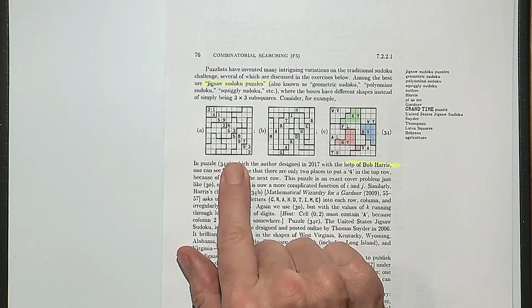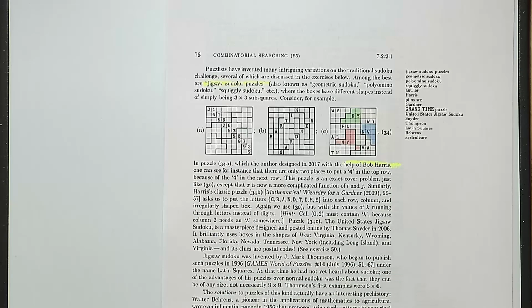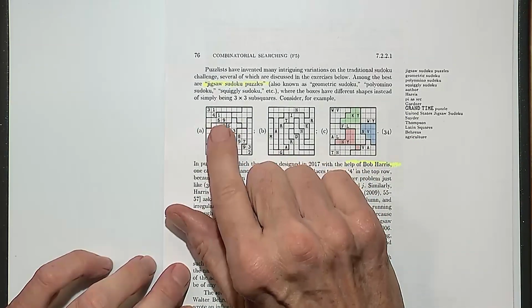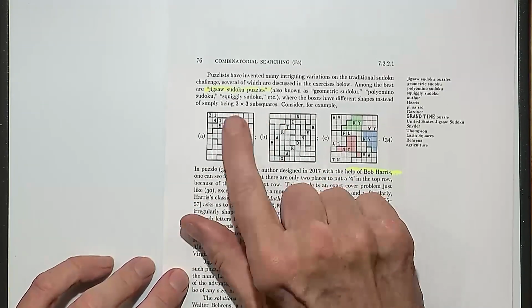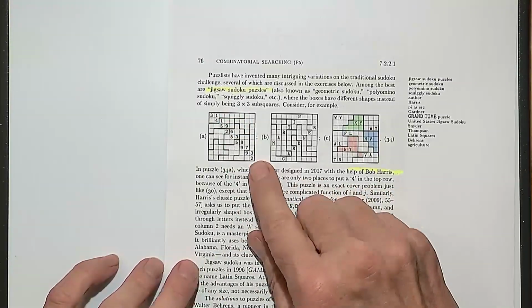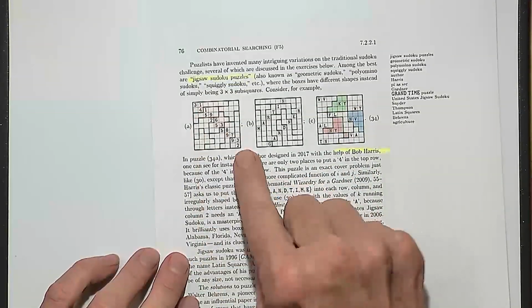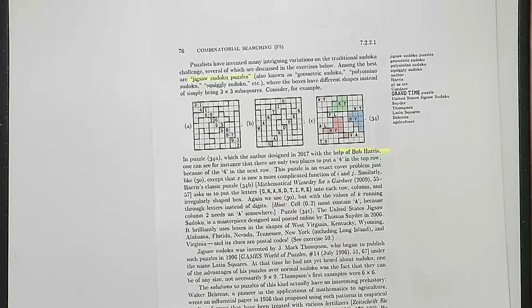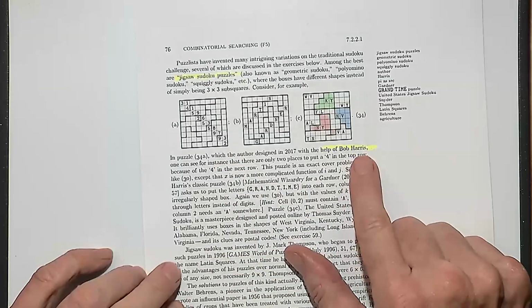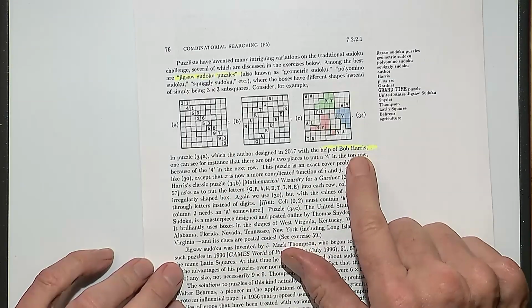So you still have the rule that every row is supposed to have 1 to 9, every column 1 to 9, but then there's these regions, or the boxes aren't necessarily 3 by 3 boxes, but you have arbitrary shaped regions, and so it was possible to get a very nice jigsaw puzzle using pi as the clues, and I was helped with by Bob Harris, who is the grandmaster of this kind of thing. In fact, he